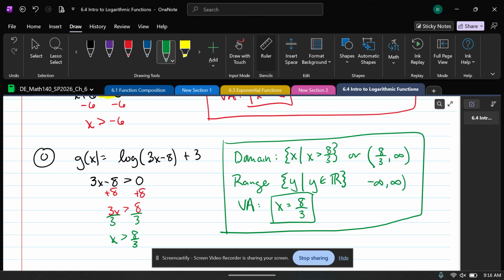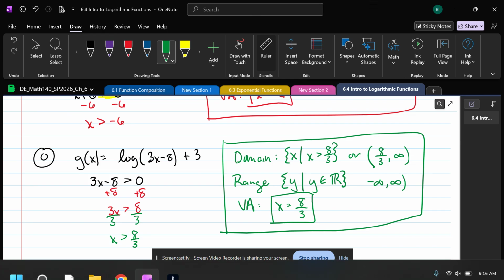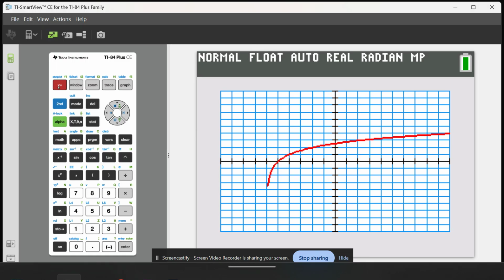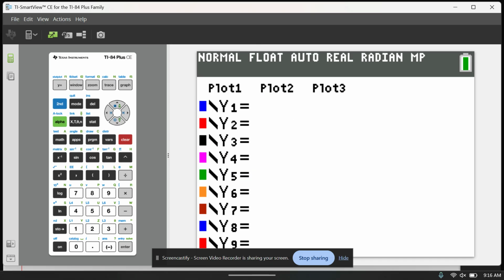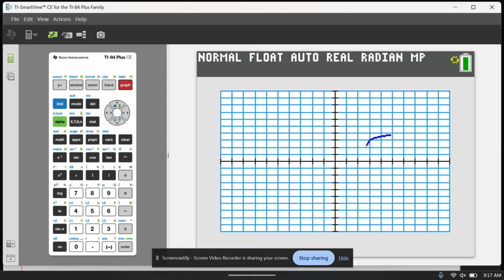You can verify that by graphing the thing. Okay, so this one, because it's base 10, I don't have to use the alpha window thing. I just hit the log button beside 7 and go 3x minus 8 in parentheses, close those parentheses, and then do the plus 3. Looking at my graph,